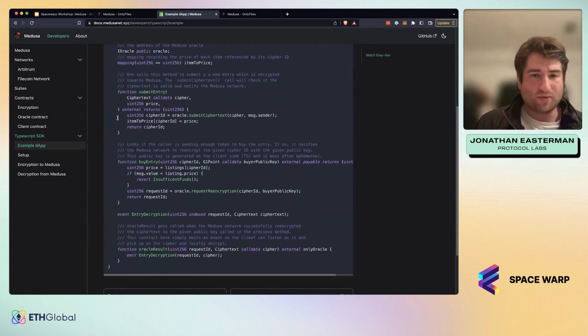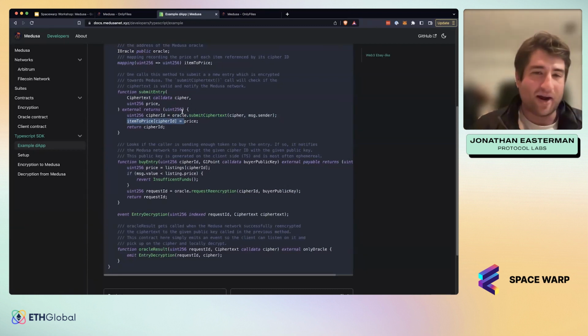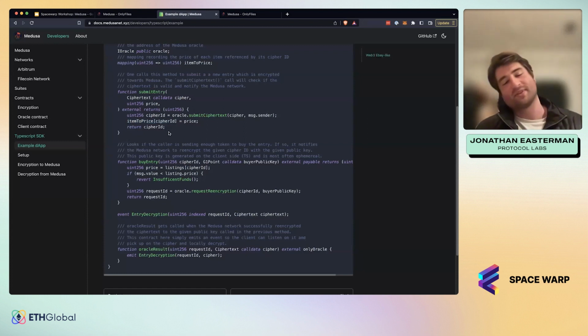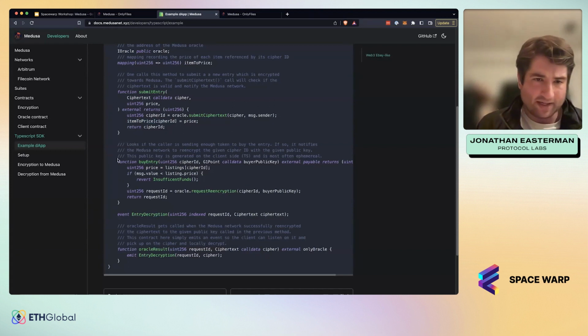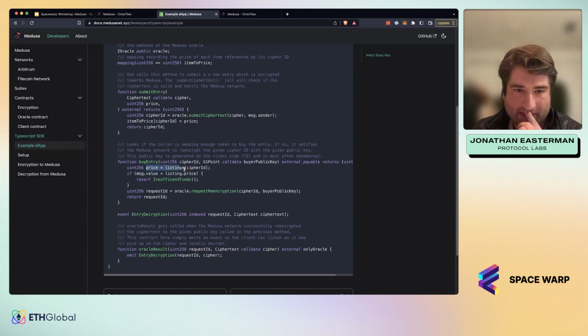And then you really have, like I said, three methods here. You have this submit entry. So this is when someone's creating a new listing, they create it. And what we do is we call out to Medusa and we register this new ciphertext with Medusa. And then we also store the price that the creator, the uploader of the content, decided, right? So we store that for later. When someone goes to buy it, we can look up the price and make sure that they pay the right amount. And so that's down here in this buy entry function